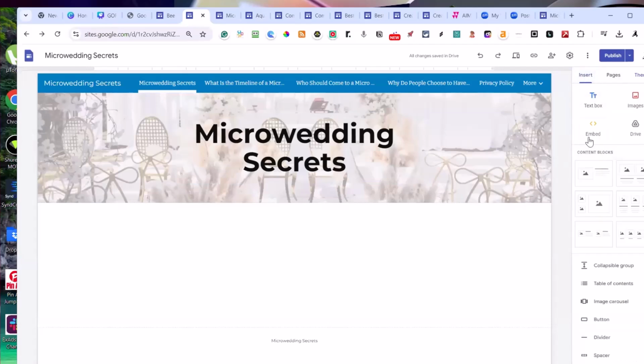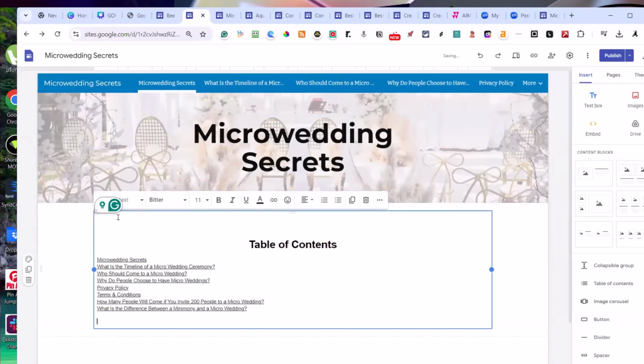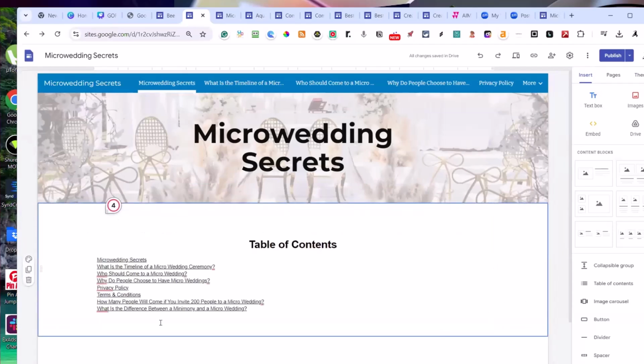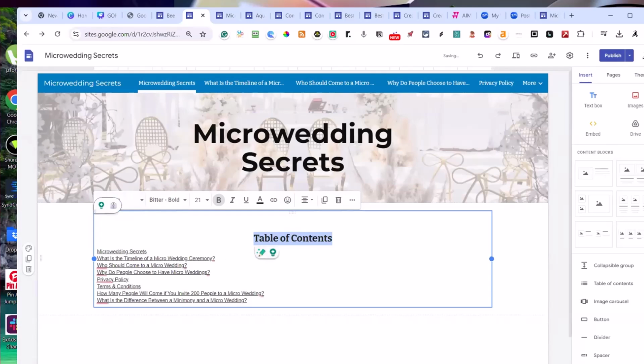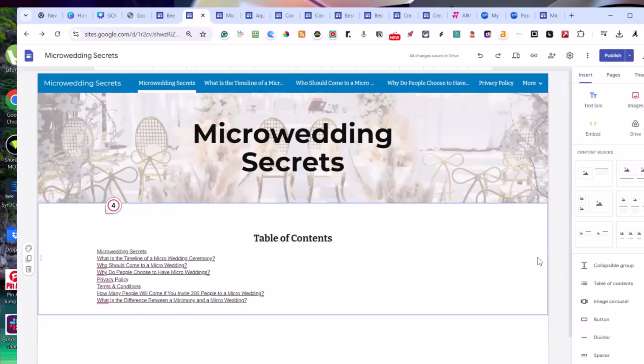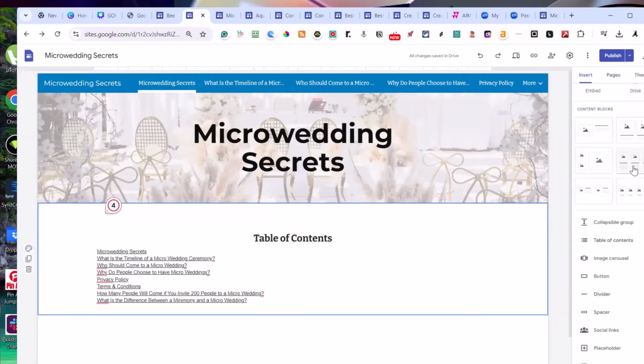We're working on the home page. I'm going to put a text box in there, and I'm going to place my cursor, and we're going to do that. We have a table of contents. And get rid of that extra space. Anytime you update your table of contents, then you would want to come over and do a new GSite. Let's make that heading. Heading inherits the theme heading. I don't think we have anything above it. And now I'm going to come in, and just to fill it out, let's just do,